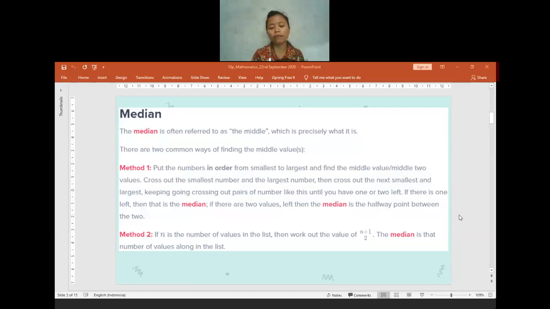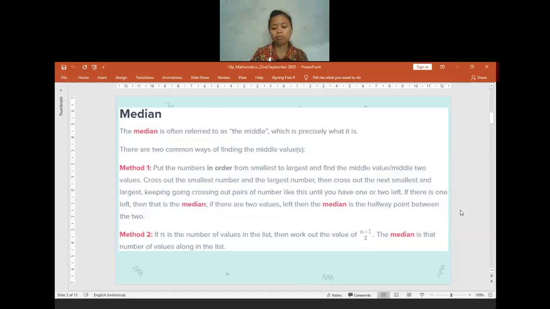I think none of you have any difficulties or confusion, or is there anyone who is confused about finding the mean, median, and mode? Is there anyone having any question, or maybe my explanation is too fast? You can tell me. If you really have no question, remember that n plus 1 divided by 2 will not directly tell you what the median is. It will only tell you the position of the median.